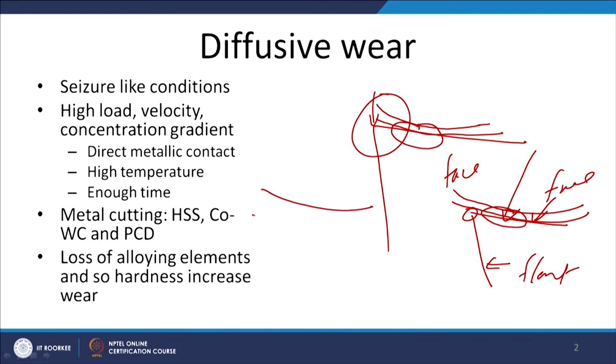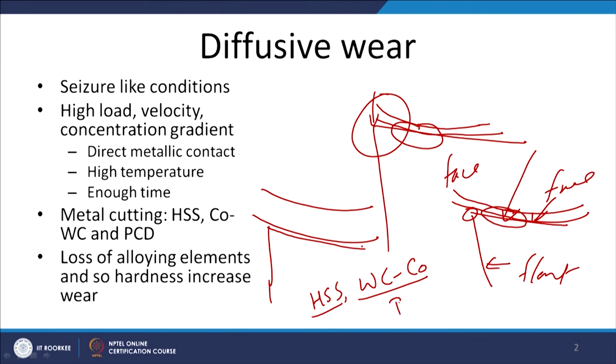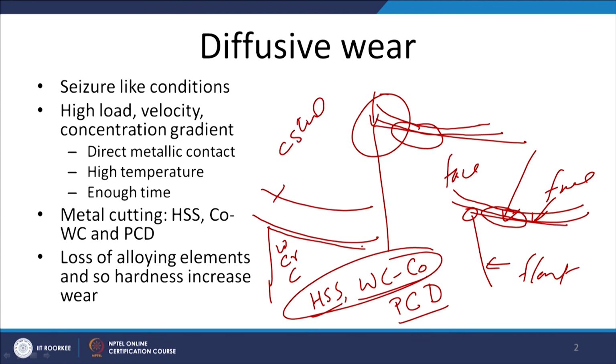The chips of steel, which may be mild steel, structural steel or any particular alloy steel, flowing over the face of the tool will definitely have a different composition than the tool material. Tool materials are mostly high speed steel or tungsten carbide cobalt tools, or, for non-ferrous materials, polycrystalline diamond. In the case of steels, these two kinds of tool are commonly used. The tool has higher chromium, tungsten and carbon concentration, whereas a simple carbon steel has a controlled content of carbon only in the iron. So, the chips which move over the face of the tool at high speed under pressure